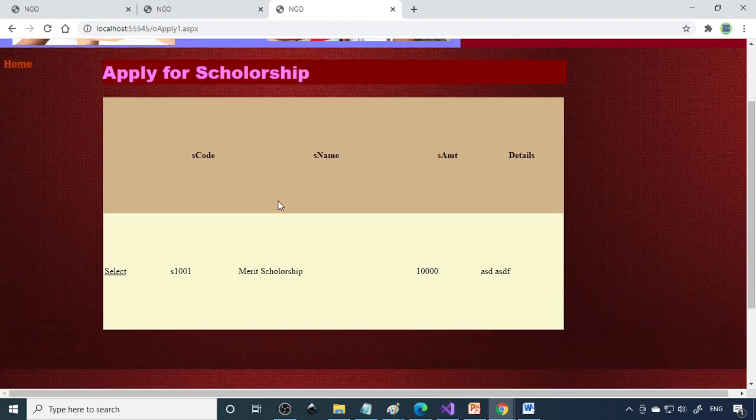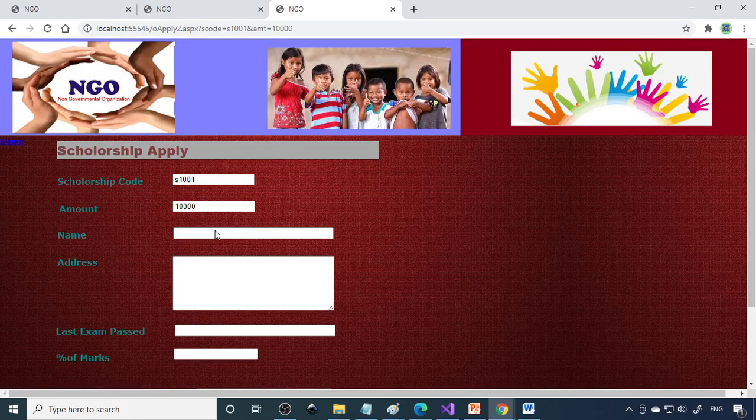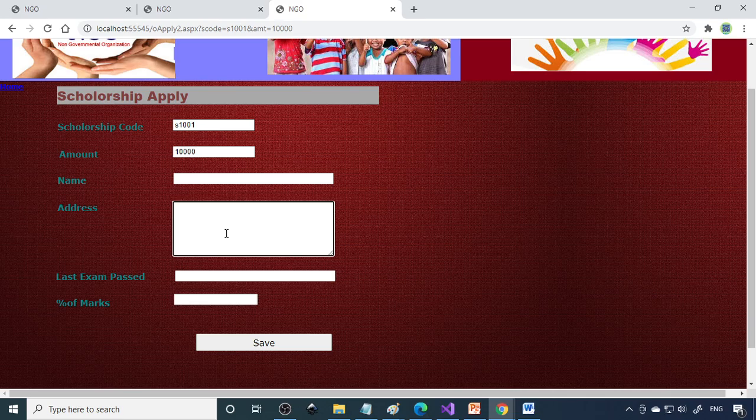You can apply for the merit scholarship. This is a merit scholarship, 10,000 rupees of scholarship money. Here is the name, address.